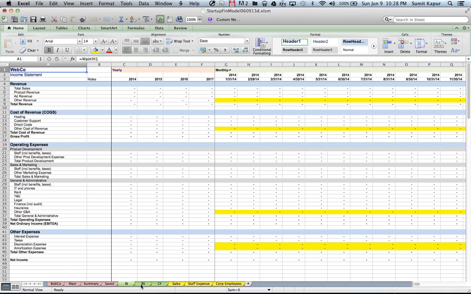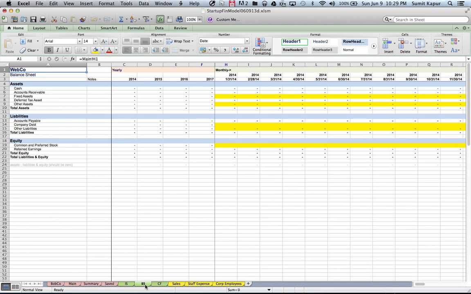The two that you really care about are income statement and balance sheet. The income statement shows basically your income, which flows over a period of time. So let's say for 2014, this is the total sales that occur in that period of time: revenue, cost of revenue, operating expenses, and other expenses. The balance sheet, on the other hand, is the snapshot at a point in time. So this is your assets, your liabilities, and your equity at the end of 2014, end of 2015,